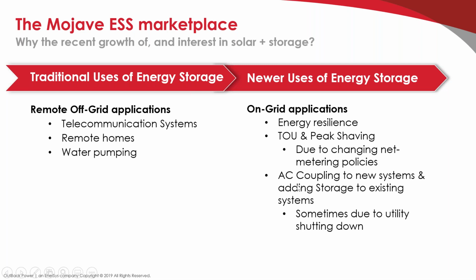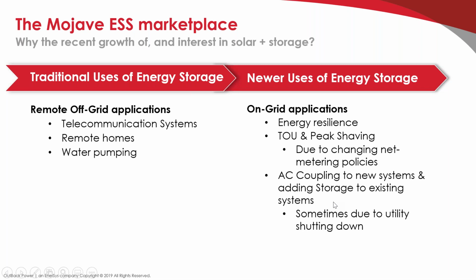AC coupling to new systems and adding storage to existing systems happens a lot these days, right? I mean, that's the Tesla market. And I read something yesterday that Tesla still is having over 100,000 systems installed a year. So that's obviously a combination of adding the storage component to an existing grid-tied system, or installing from the ground up an AC coupled system, which, from what we've learned, what we've heard, is about a 50-50 proposition, the build up versus the